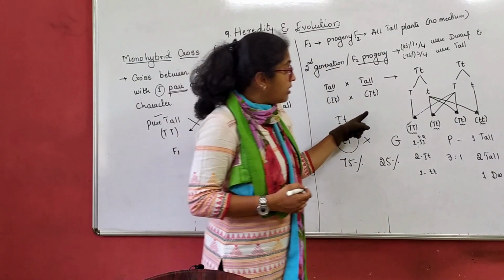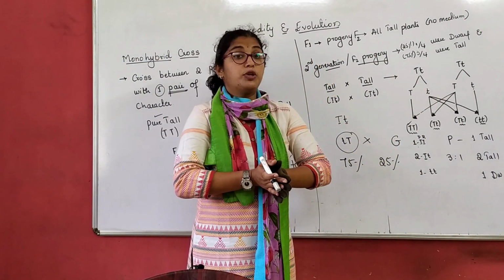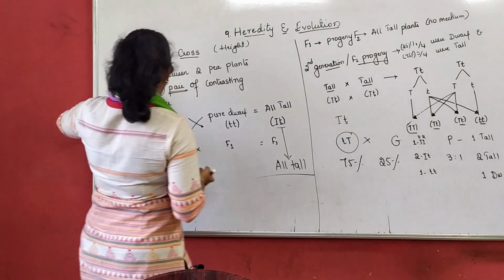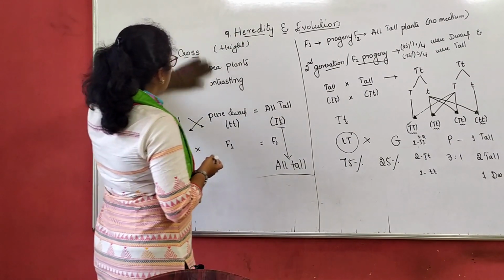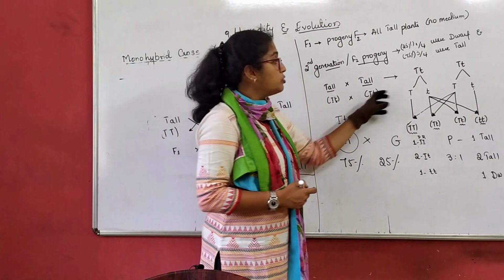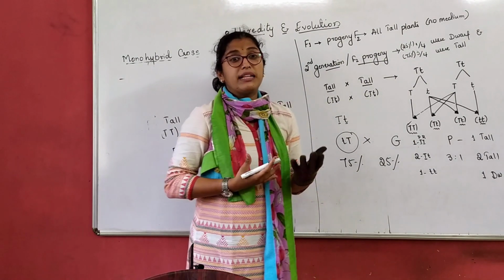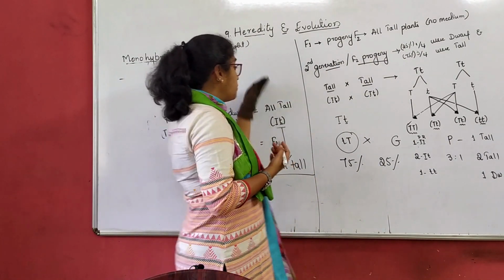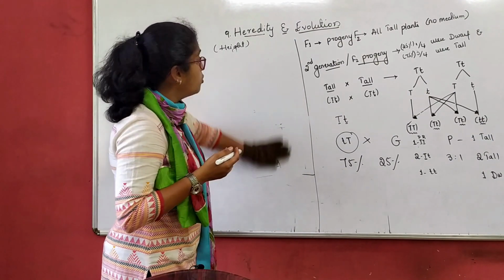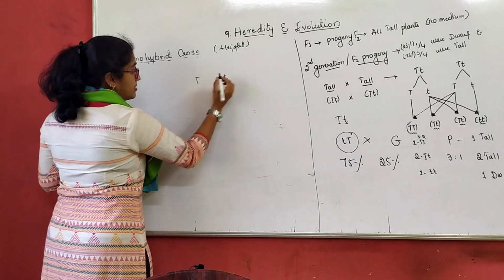Right? Now let us try to write this in the checkerboard method. Checkerboard method is also called the Punnett square method. So let us see how these alleles get expressed. See, this is also one type of checkerboard method only, right? But here you get confused what to match with what. It is simple, what we use in mathematics, multiplication. The same rule we will apply here. So we will write the character. What are the homozygous conditions we have chosen here? One is tall, another is dwarf.